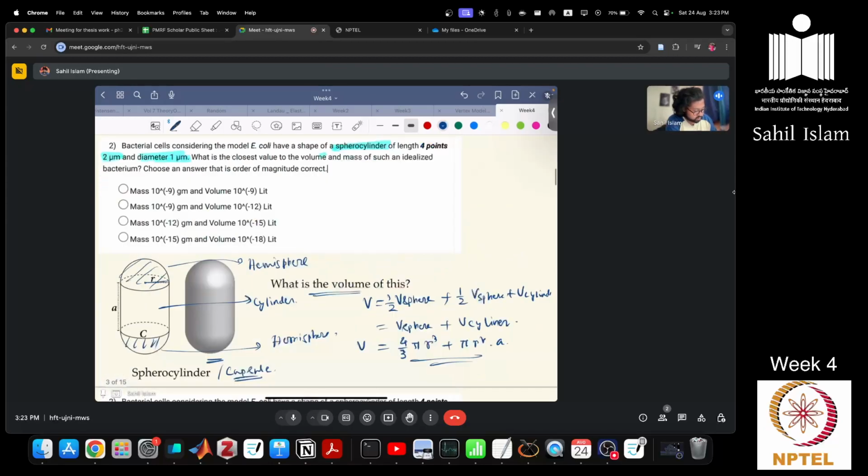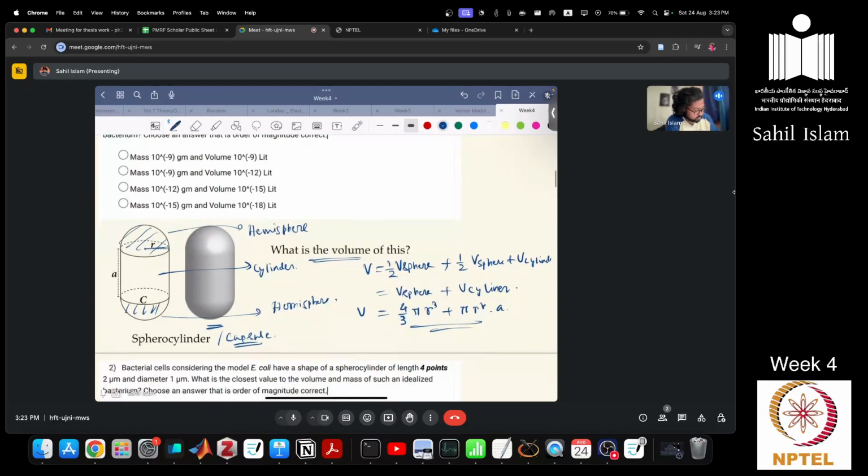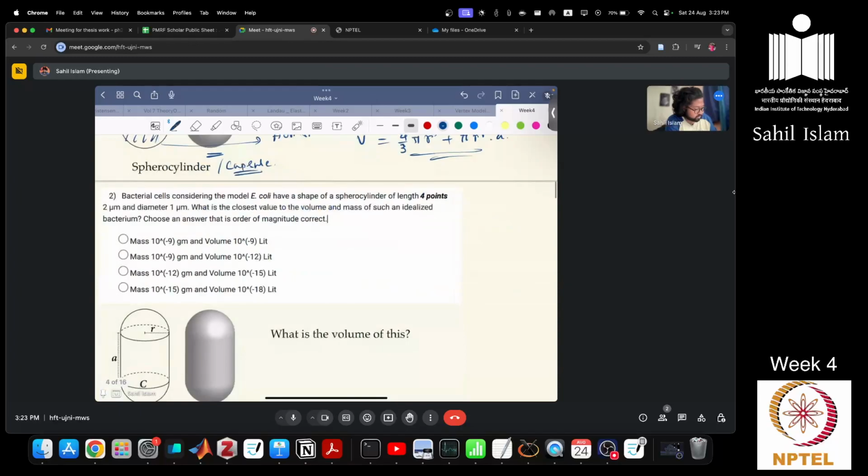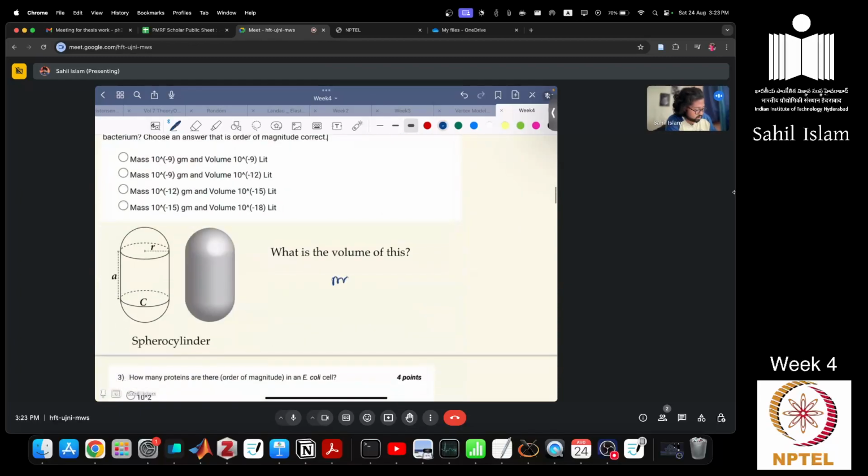So you know a is known and r is known. And how do you calculate mass? Mass is coming from the density. In E. coli, it's mostly full of water, so you use 1 gram per cc